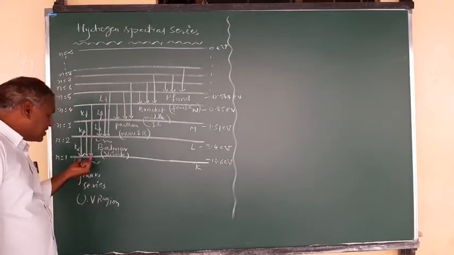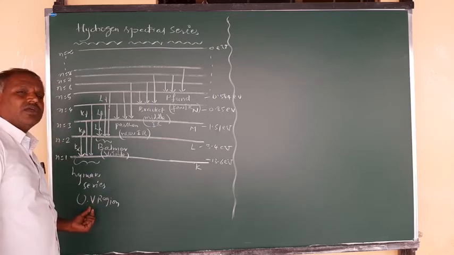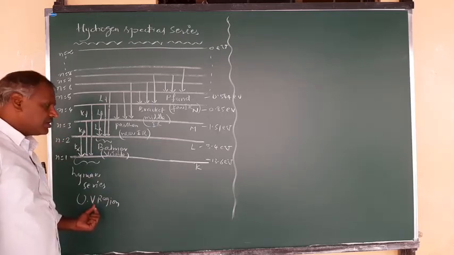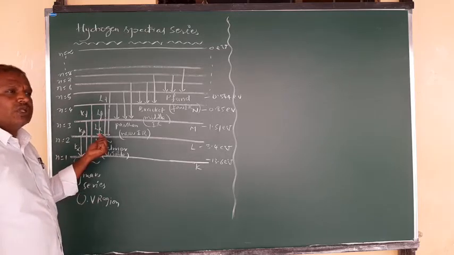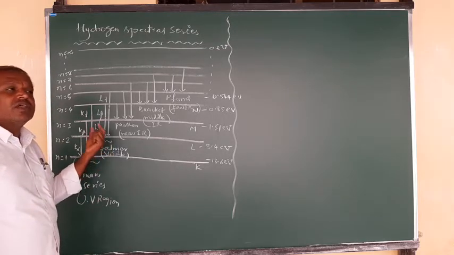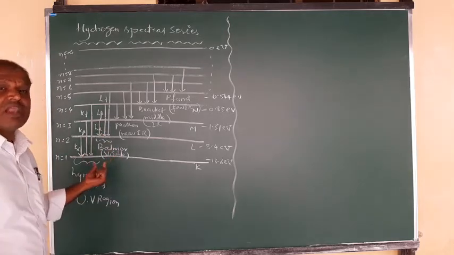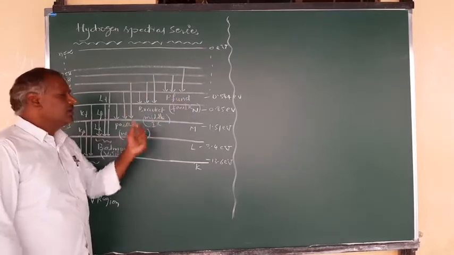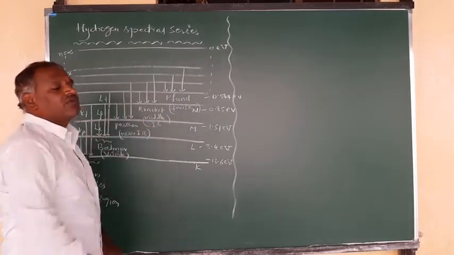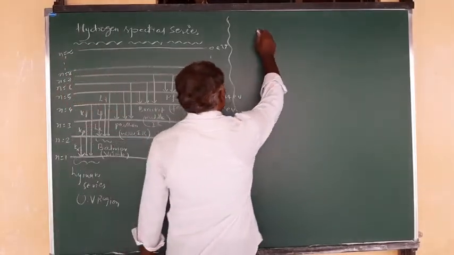These wavelengths come under the ultraviolet region. The wavelengths emitted during the transition into n equal to 2, that is into the Balmer series, come under the visible spectrum, or visible light. Like that you have Paschen, Brackett and Pfund. These come under the infrared radiations. Right, so like this it can be determined.